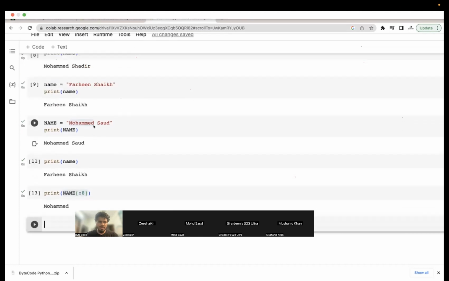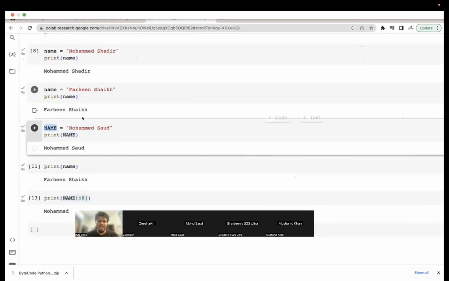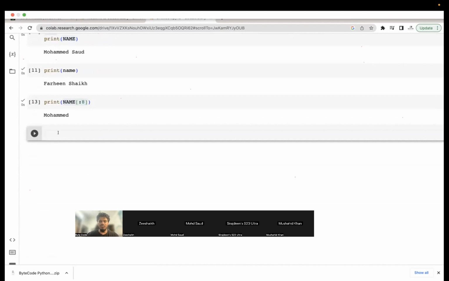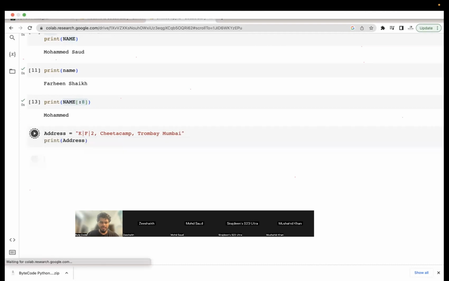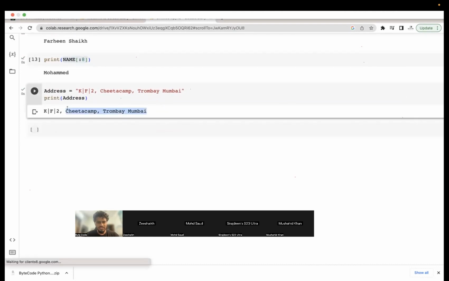Okay, so now we have seen variables, right? Can you create your own variable? Let's say I want to create address. I can write the address in one line, whatever I want. Then if I say print address, you will get something like this.